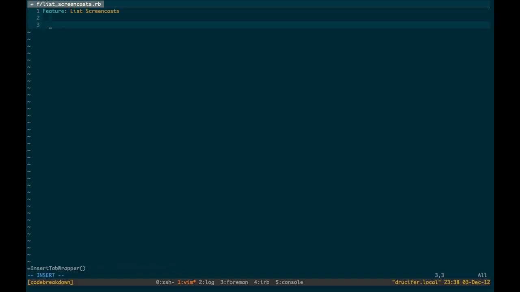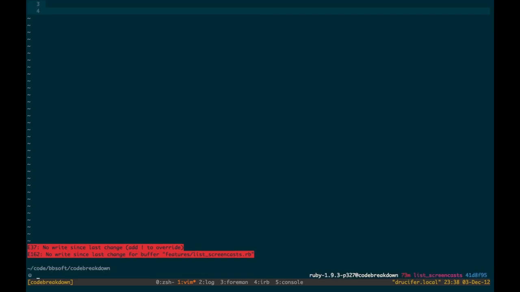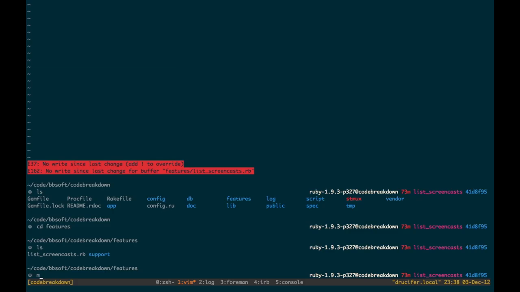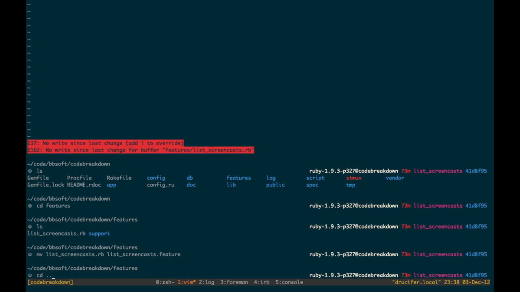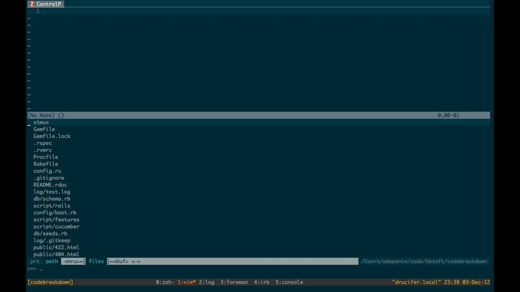So this next section, oh wait, sorry, my bad. Let's start over. I did something wrong. You can see here, what I did wrong is pretty simple. The features file needs to not be called RB, it needs to be called list screencast feature, okay? Because it's a feature file, of course. So if we go back and we do list